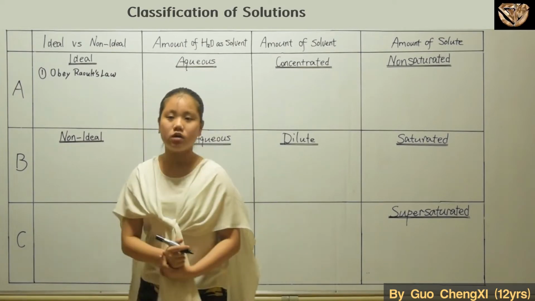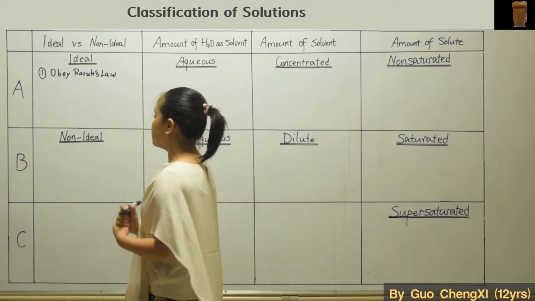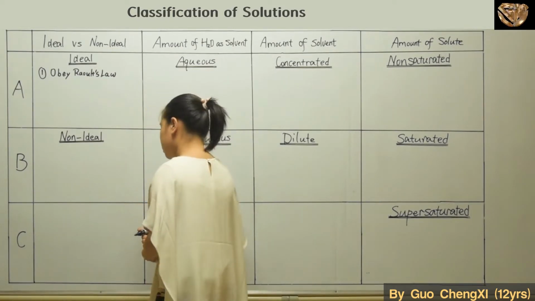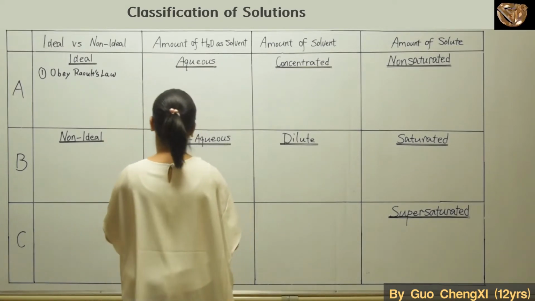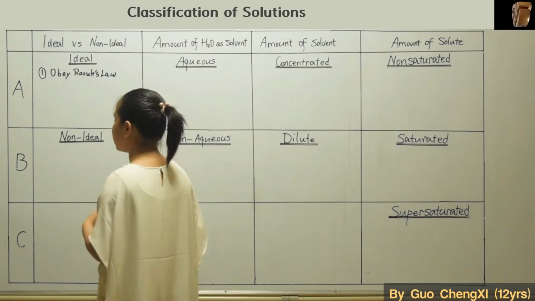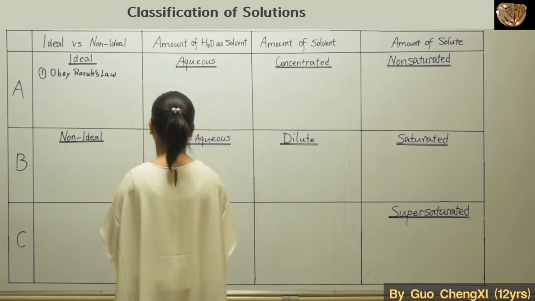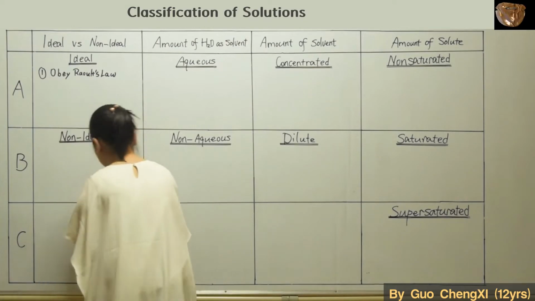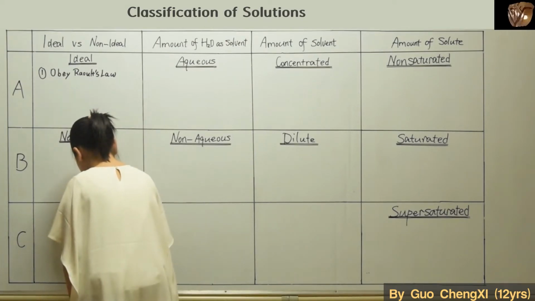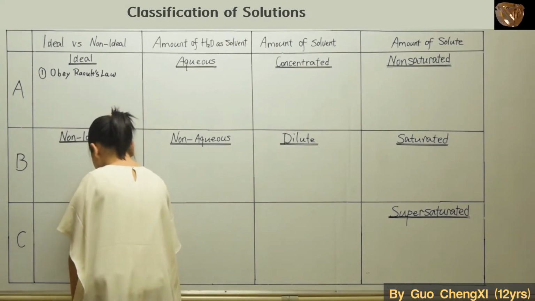So what is Raoult's law? Raoult's law is basically the pressure from the solvent in gas state. To put it simply, the formula is P solution